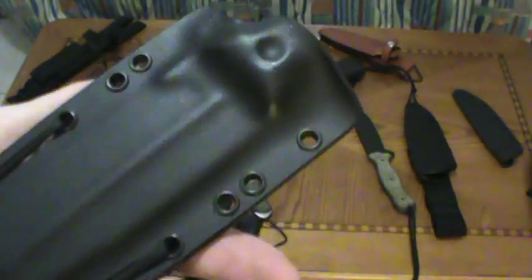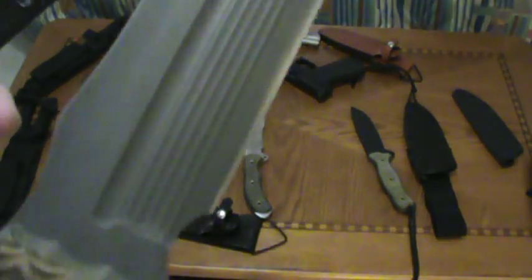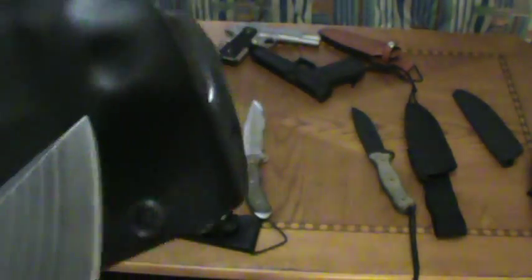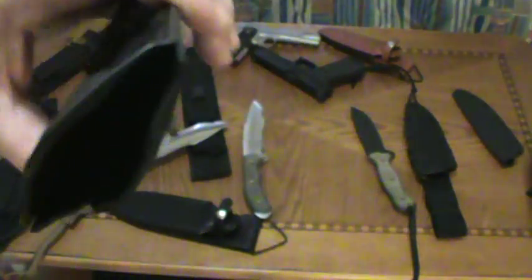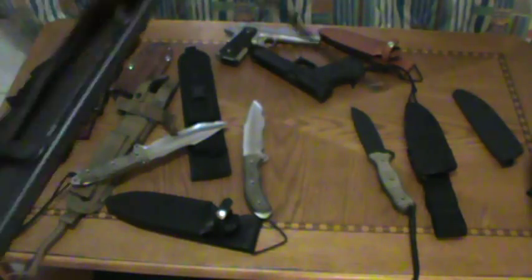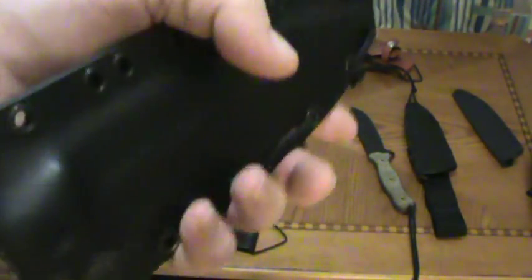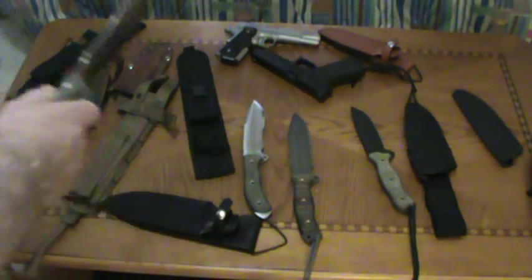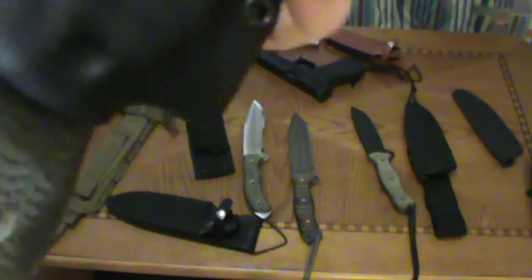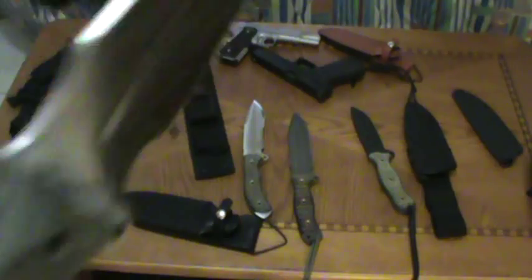Here's just the regular holster that I wanted to tie into a pack. And you can see where it has the hole for the rivet, blood line, blood groove. Locks right in there. This one, I believe, yeah, that's for the magnum slabs. Listen,